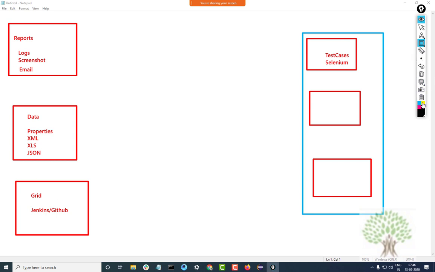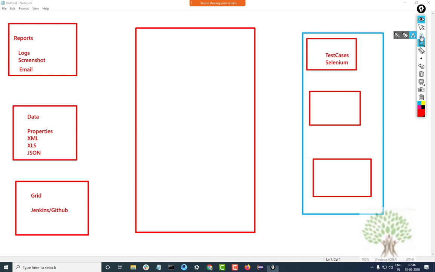That is why we use a centralized controller in between. This centralized controller can be TestNG, it can be JUnit, it can be Cucumber BDD, which people use a lot these days.